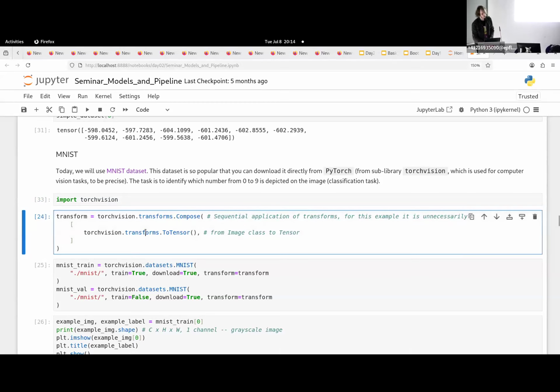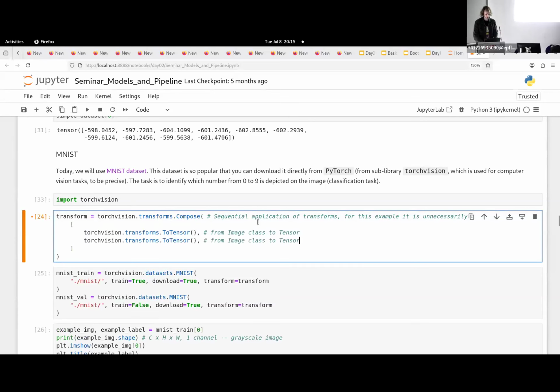So in Torchvision, you can create custom transforms, or you can combine several transforms one after another using torchvision.transforms.Compose. You say, I want to apply this transform, then afterwards I want to apply this transform, and then I want to apply this transform sequentially. So here we apply only one transform, which is conversion from image format to tensor format, but we could have something like,